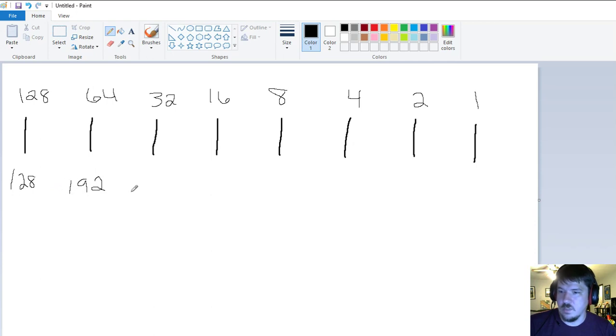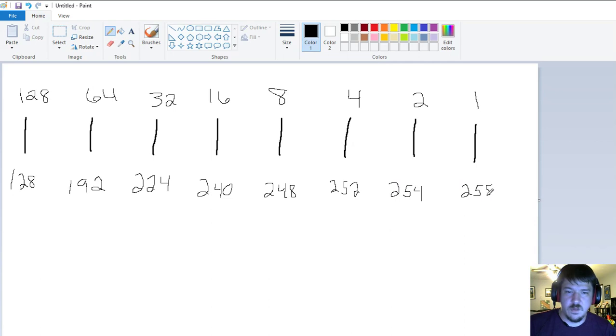We can do better. 192, then it's 224, then it's going to be 240, then 248, then 252, 254, and 255. So that essentially means that every single host is used,